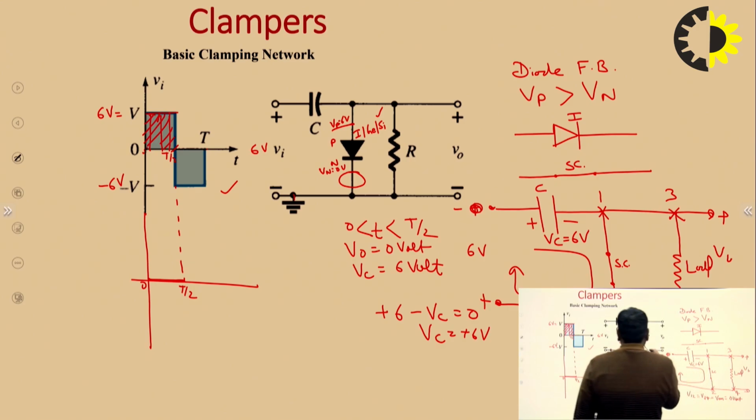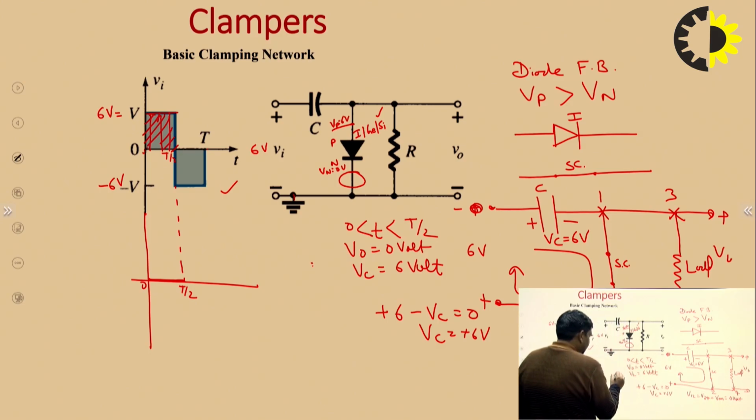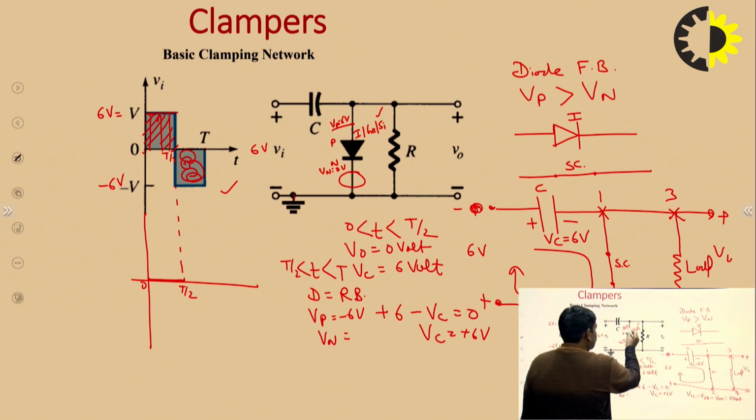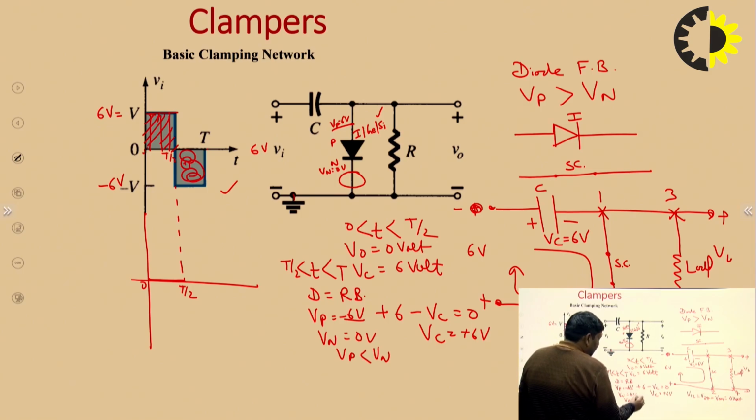during the negative half cycle, that means when time lies from T by 2 to T, the diode should be reverse biased, because Vp is equal to minus 6 volt. Vn, this terminal is connected to the input supply, so the input supply is minus 6 volt, so the potential at the P terminal is minus 6 volt, and the potential at N is 0 volt, so Vp is less than Vn, so this diode works as a